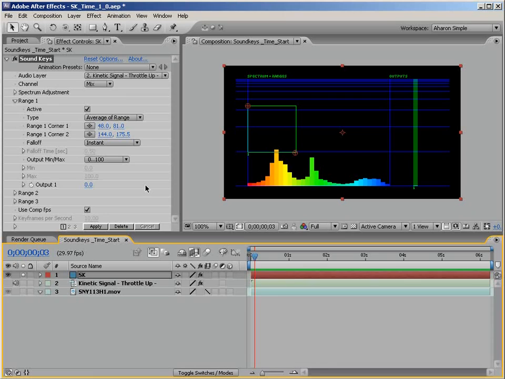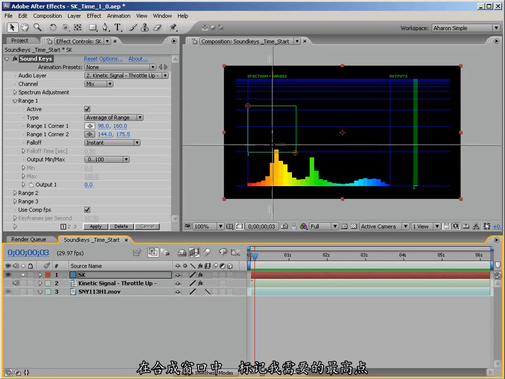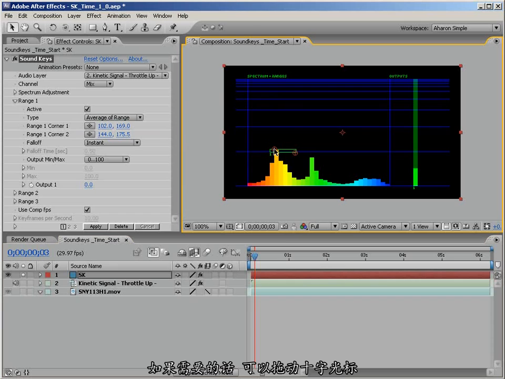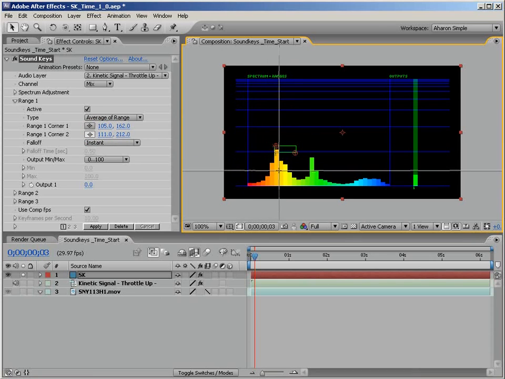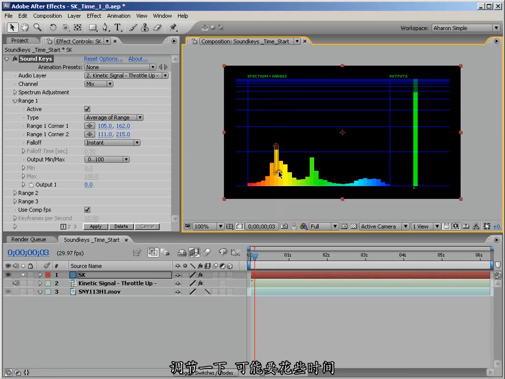I'll go to the Effects panel, and I'll click on the Range 1, Corner 1 target, and in my composition window, I'll mark the top of the range that I want to isolate. You can also just drag the corner targets if you want. Okay, I'll do the same with the Range 1, Corner 2 target for the bottom. Now it may take a little tweaking to get this just right, but eventually you'll have a good range of